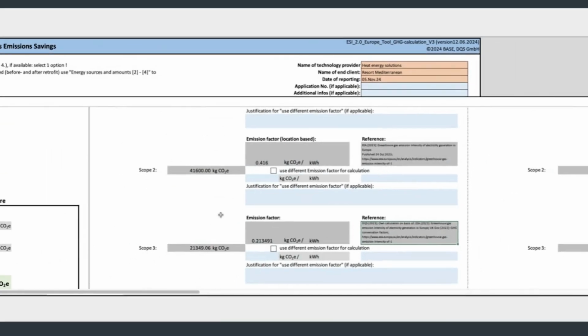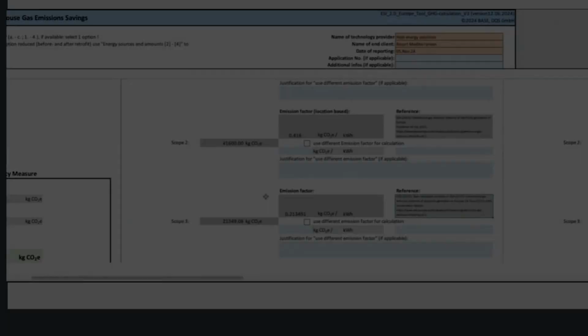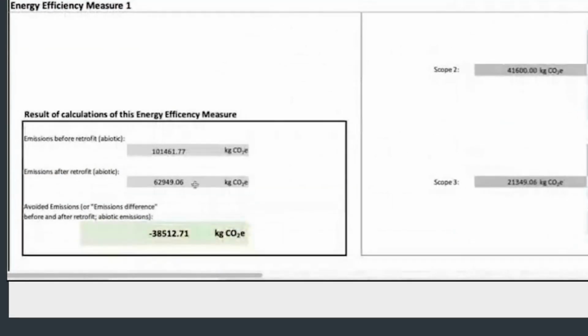The final results of these automatic calculations are shown in the box in the bottom left of the page, which is titled Results of Calculation of this Energy Efficiency Measure. Here we see the total emission before and after retrofit, as well as in the green box, the total avoided CO2 emission from this energy efficiency measure. The number is negative, and this shows the avoidance of the CO2 emission. In our case, through this energy efficiency measure, we are avoiding in total an emission of 38,512.71 kg of CO2